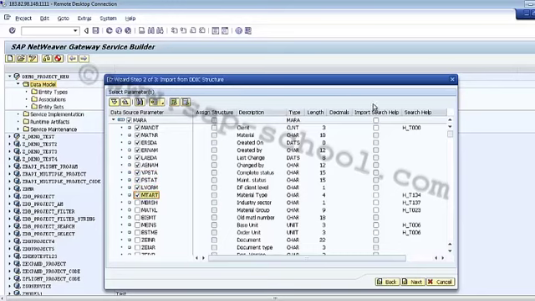After that my import search help checkbox will be enabled if a search help is associated with the respective data source parameter, and the associated search help is displayed in the search help column. We can import this search help by selecting the respective checkboxes if we want. The imported search help will be created as a separate entity in my data model. If we don't want to do it, we can simply click on next.